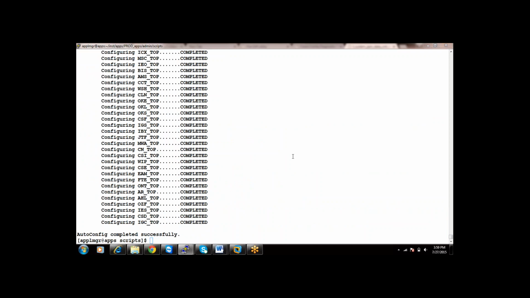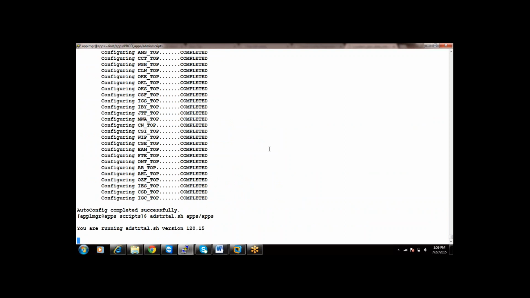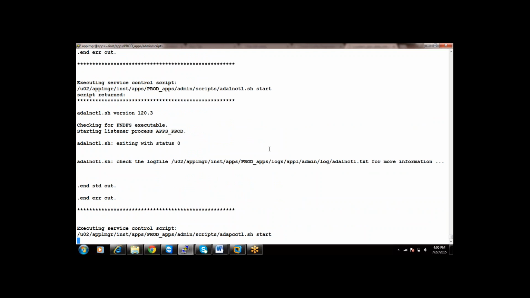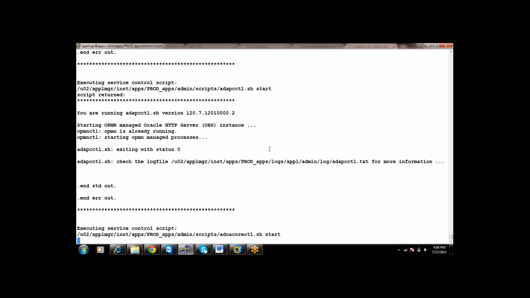Autoconfig completed successfully. Now we will see what changes autoconfig made. We are starting applications. Once the applications have come up, we will see how many JVMs have been started. Previously the total number of JVMs for OA core was 1. I have changed the number of OA cores from 1 to 2. We will see how many OA cores are running now after the applications get started.